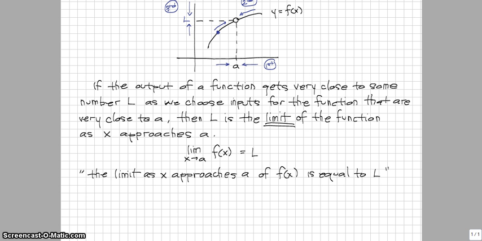All right, finally let's consider a few examples. We'll start with f of x is equal to x over x. And this is an interesting function for us to consider because our first response might be to